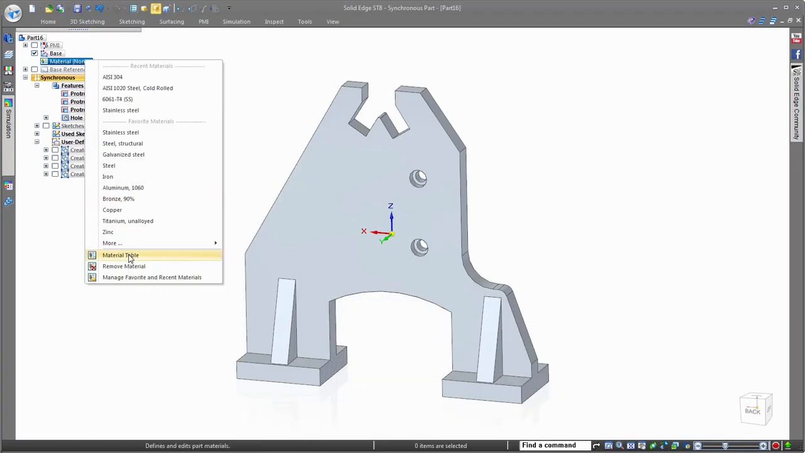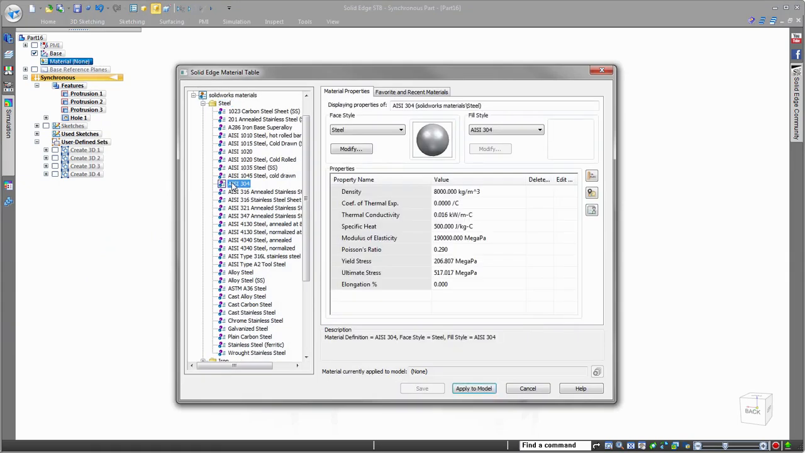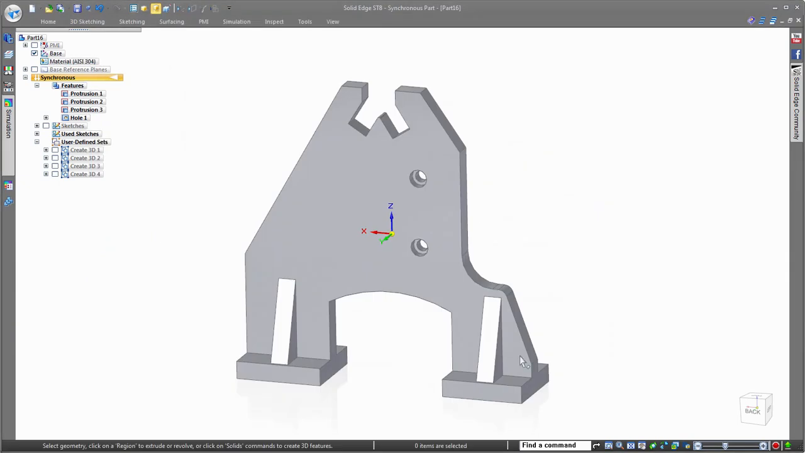Defining the material for the cast part is the final step to transforming this simple 2D drawing to a completed 3D model. So as you can see, it is quick and easy to reuse the 2D geometry and dimensions from the imported drawing to create a 3D model, and then utilizing the power of synchronous technology, easily make design